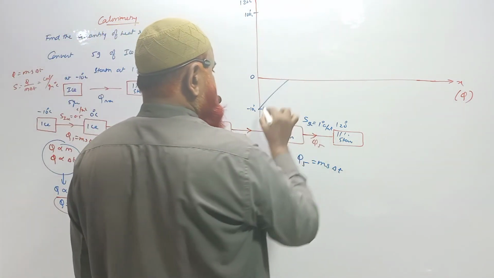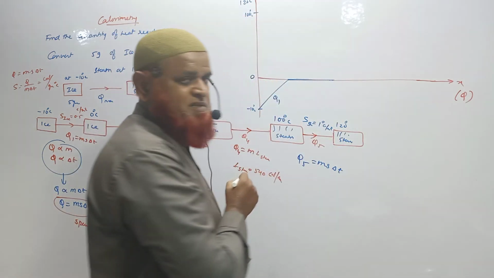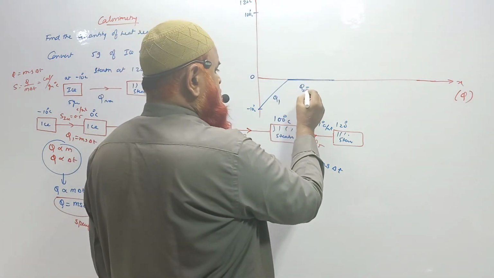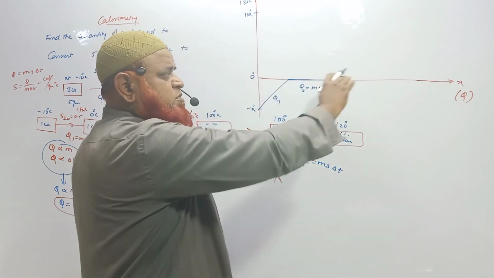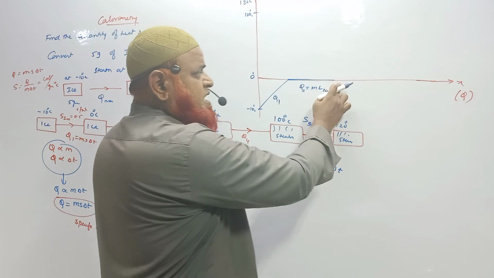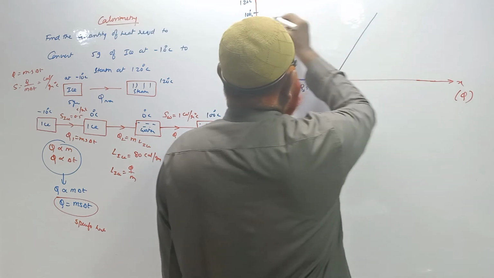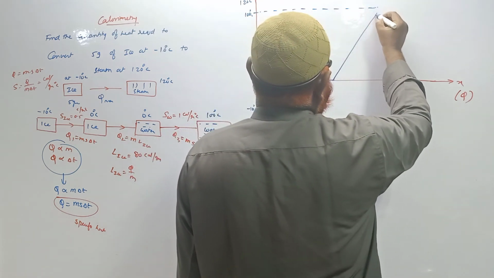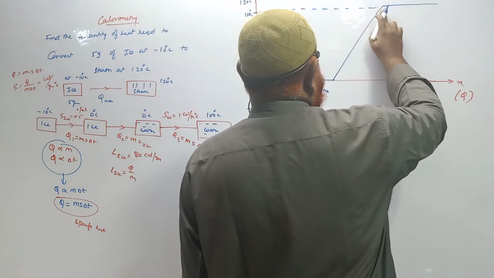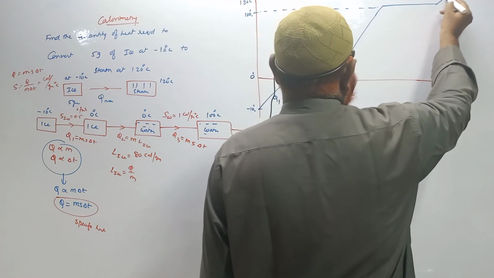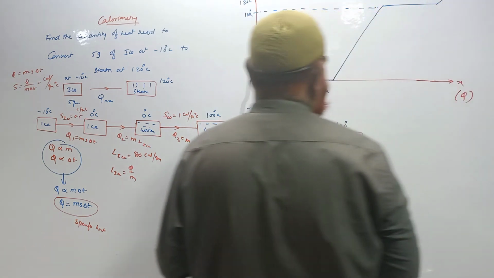Minus 10 to 0. Here this is Q1, and from here to here, what happens? It is Q2, which is equal to m into latent heat of ice. The temperature is 0 degrees Celsius. It is going to be constant. That means here ice, here water. It gets converted into water. Once it gets converted into water, slowly the temperature increases up to 100. And when it reaches 100, again constant. Here it was water, here it will become steam. And steam also increases the temperature now, up to 120 degrees Celsius. Is it understood?